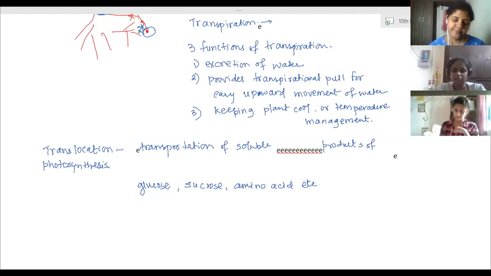NADPH is an intermediate product formed in photosynthesis by hydrogen ions. When a water molecule splits in the presence of sunlight, the absorbed sunlight is used to split water molecules, and they give out H plus ions, and oxygen gas moves out. So those H plus ions get converted into a chemical called NADPH, an intermediate product, and ATP molecules. These products are further used in reducing carbon dioxide to carbohydrates.